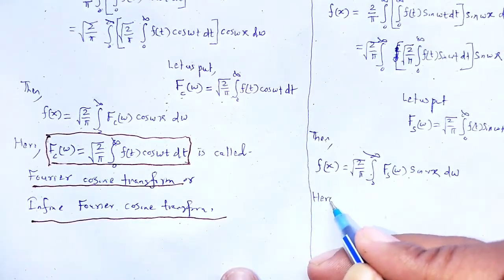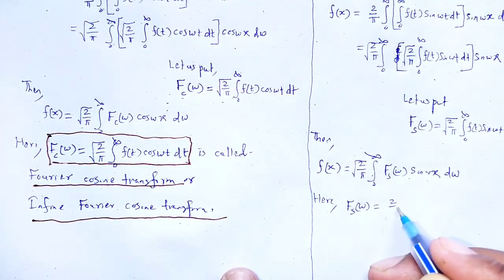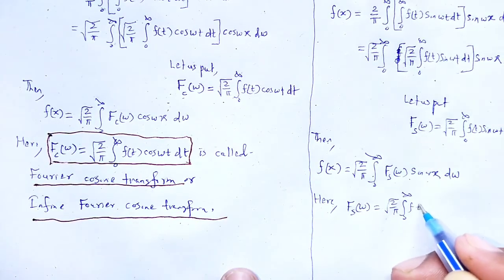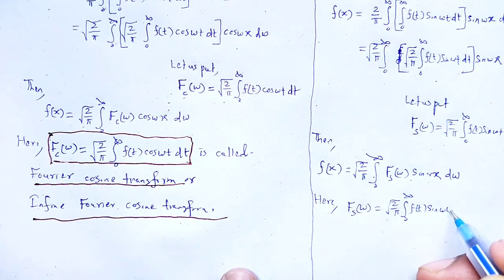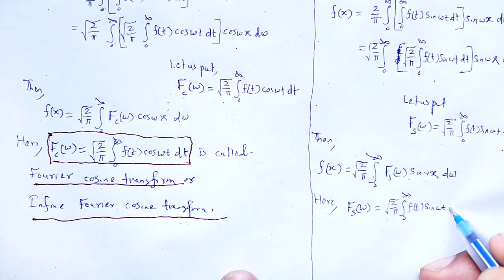Here f of s omega, which is 2 by pi under root integration over 0 to infinity f of t sin omega t dt